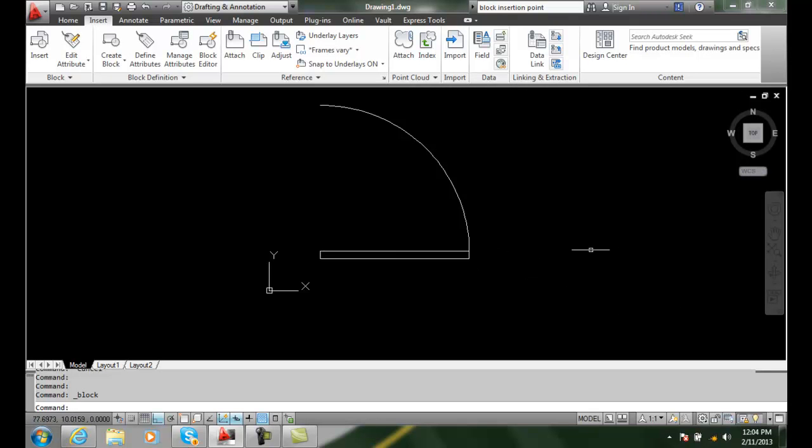Also, we can do what's called nesting of blocks. Nesting of blocks is when one block is inside of another. And with some planning, we can really do some impressive work. For example, let's say we made a block called chair, and we need another block called table. We can place a bunch of chairs around the table, and then we could actually